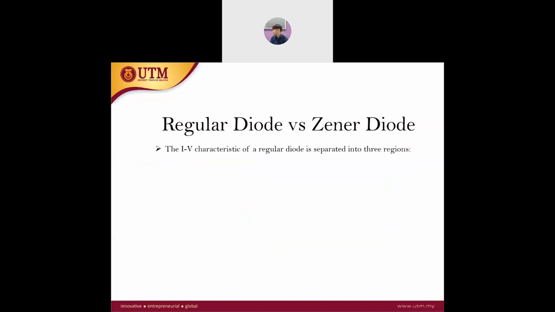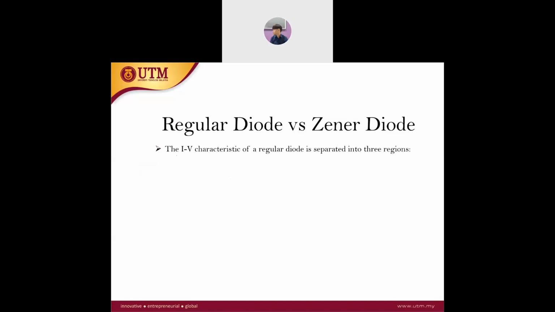So regular diodes and ZENER diodes. ZENER diode is designed to operate specially. Why do we want to use the ZENER diode? Because the special function of the ZENER diode is to operate in the breakdown region. If it operates in forward bias, it is just like any other diode. Nothing special, just like a general diode in terms of forward bias. But we will have specific usage of ZENER diodes if it is being used for the reverse breakdown